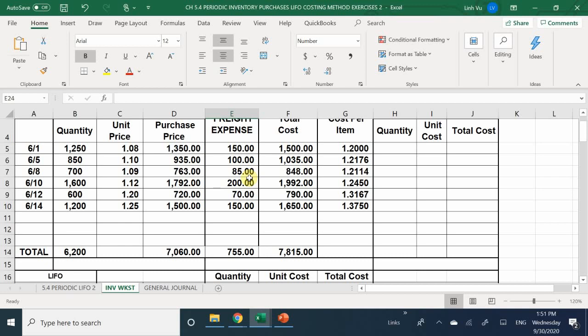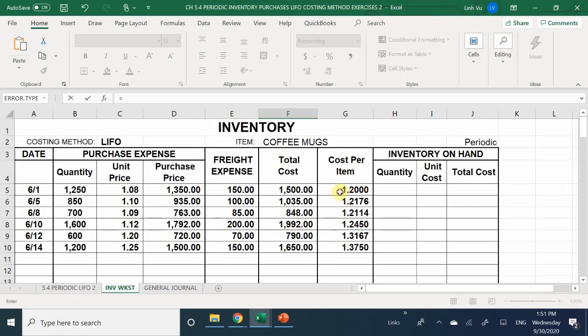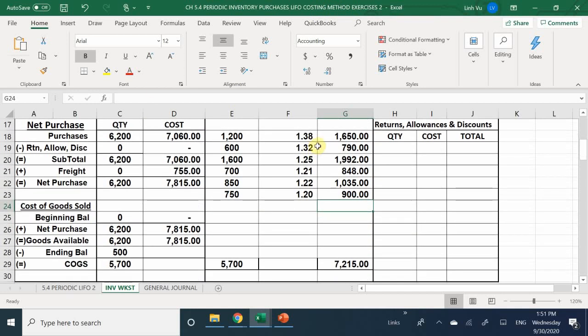I'm going to sell them at $1.20. You're going to sell it at $1.20. Good. And when we calculate that, you said it was $900? Yes, $900. Good. Now, let's go ahead and calculate and sum up the columns here to get our total cost